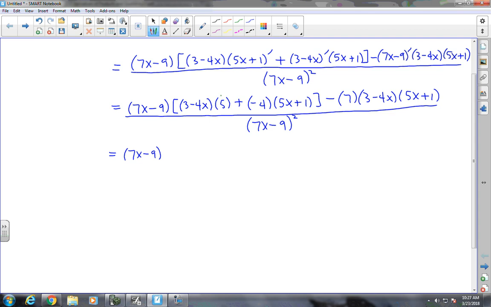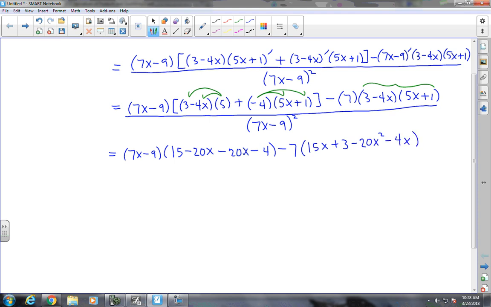Inside brackets, I want to distribute the 5 and distribute the negative 4. When I do that, I can demote those brackets to parentheses. And multiplying, we obtain 15 minus 20x minus another 20x minus 4. Over here, the next thing I'm going to do is FOIL those two binomials. That's going to give us 15x, outside terms would be plus 3, inside minus 20x squared, and last minus 4x, all divided by the square